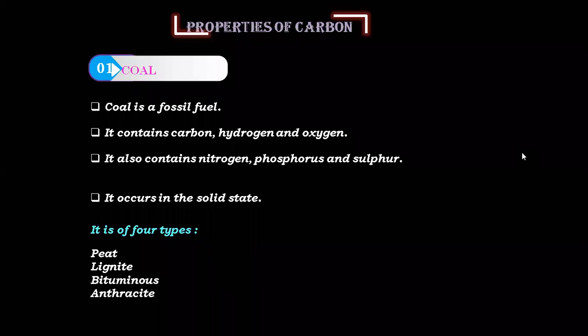The heading is non-crystalline form or amorphous form, in which the first example we are going to do is coal. And under coal, you're going to write the four types. Yes, the properties, but we are not writing that. Just write peat, lignite, bituminous, and anthracite. Have you all done that? Very good. So let's move ahead and understand them in detail.